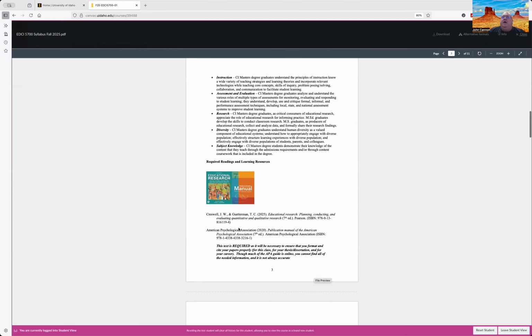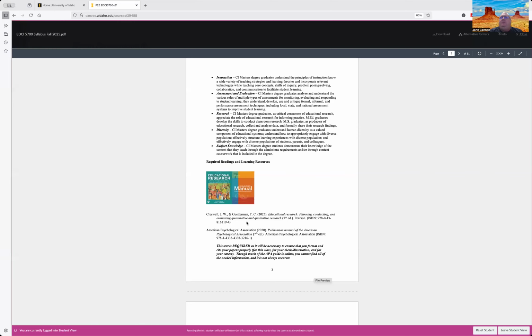The second text that we use, and this is something that if you are going to be going further into research as part of a graduate program, master's thesis, doctoral dissertation, you will need, is the APA 7th edition. There's a picture of it. Both of these are available through the U of I's inclusive access.